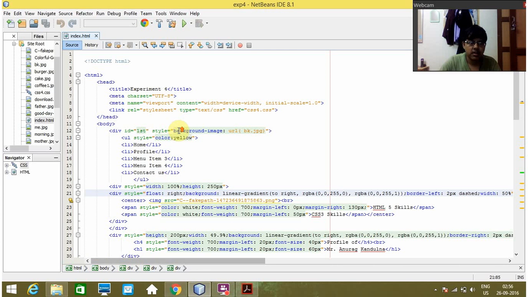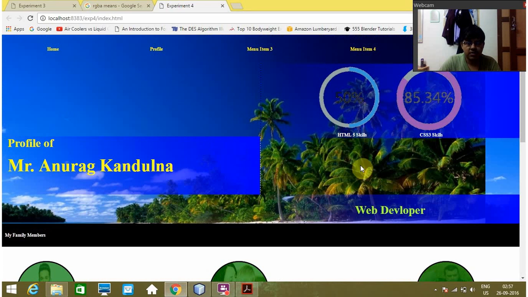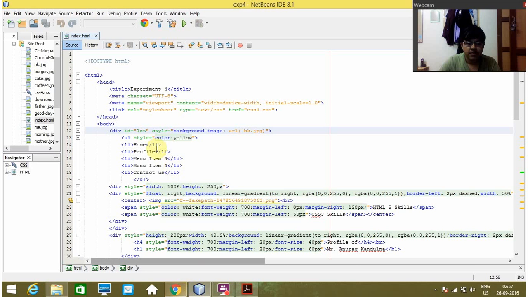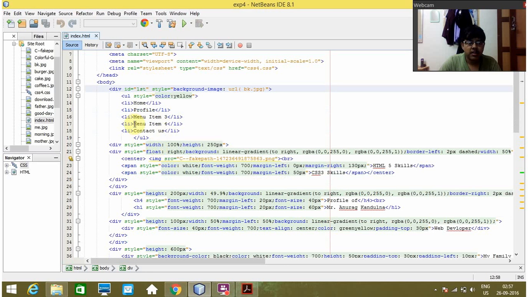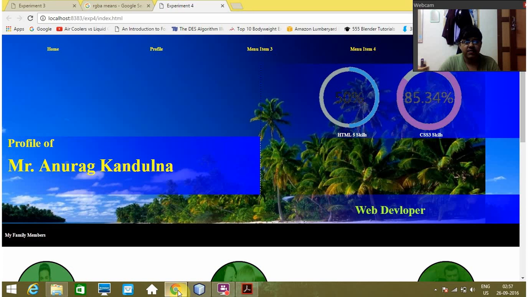this is the basic code. I've used one background image, bk.jpg, for the entire web page. As we can see this image, and moving on, I've used table commands to create this section: home, profile, menu item 3, menu item 4, and contact us. As we can see here,